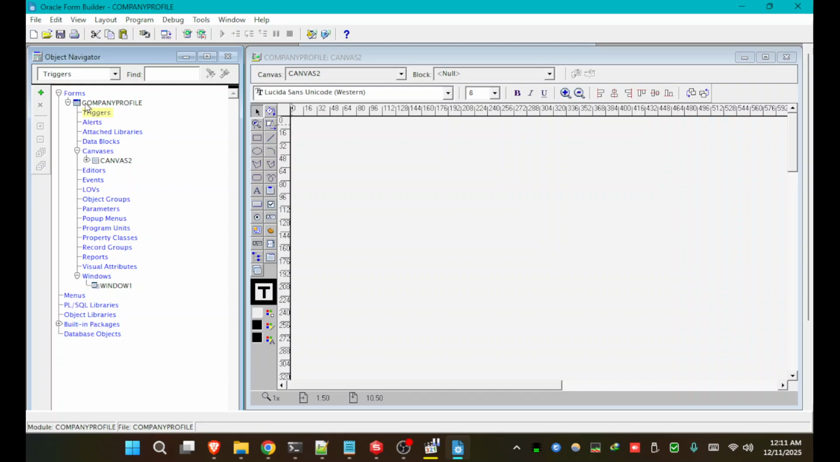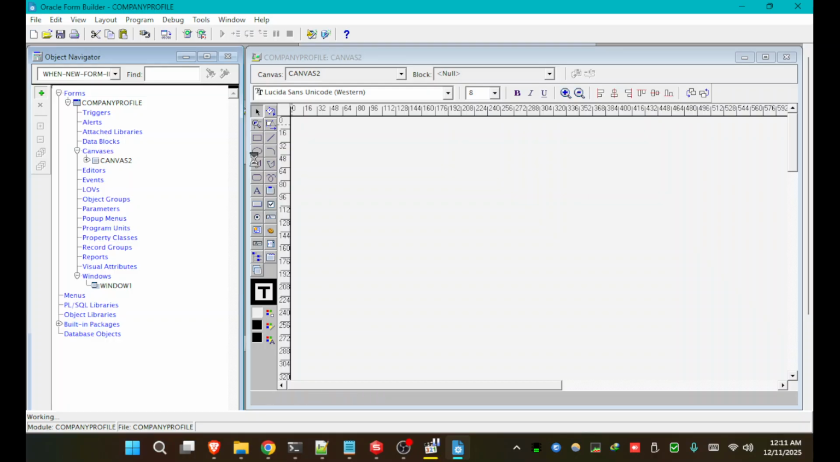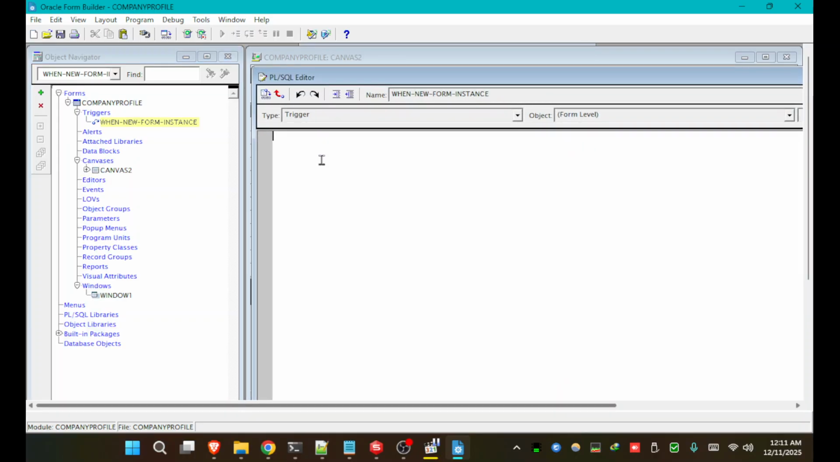There is a trigger in company profile, a top level form level trigger. We have to create a trigger called when-new-form-instance. There is a trigger available here, and we have to write some code. We have to set the window state and other things. Let's say we have to set window property,